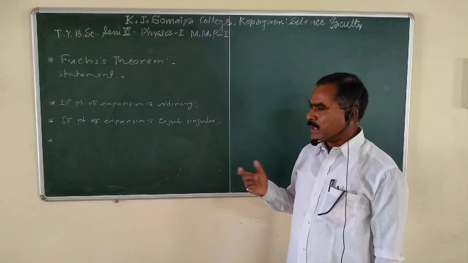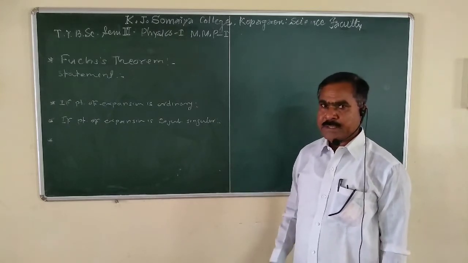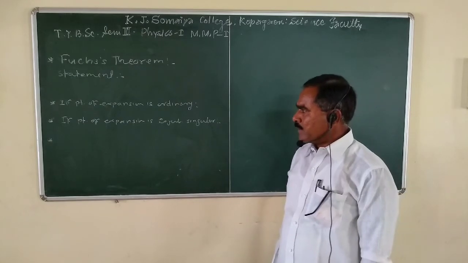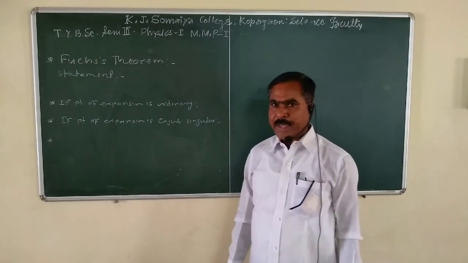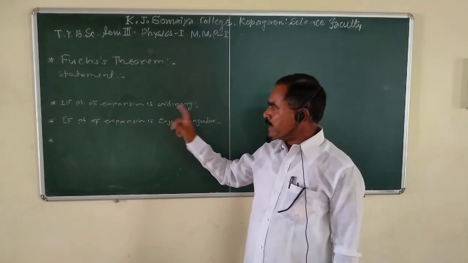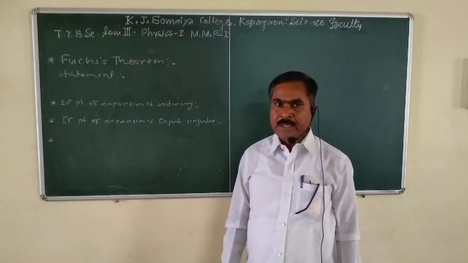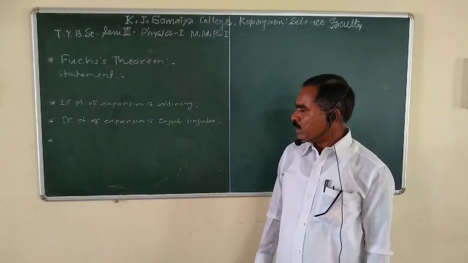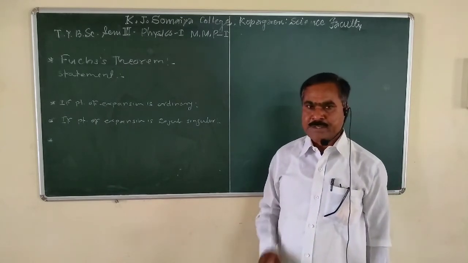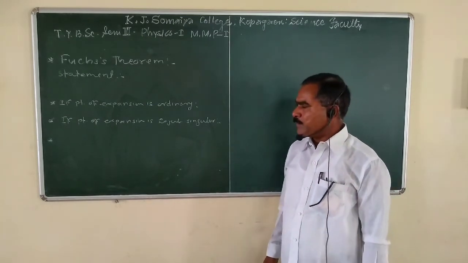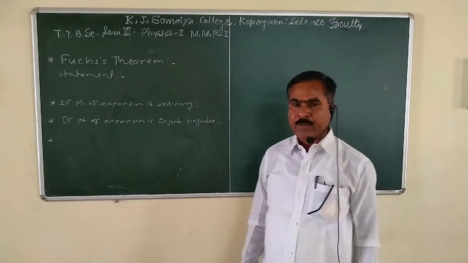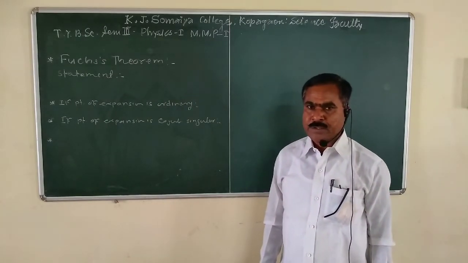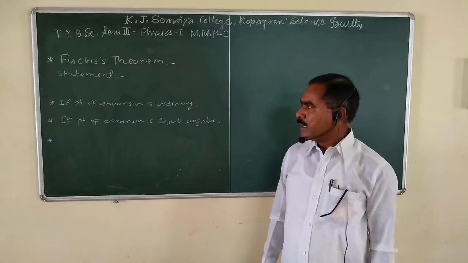So, to solve the differential equation, it is essential to check the singularity, and if we check the singularity, then if the point is ordinary, we will get two solutions. If the point is regular singular, then we will get at least one solution, and if the point of expansion is irregular, then there is no possibility to get the solution, so there is no need to solve the differential equation.